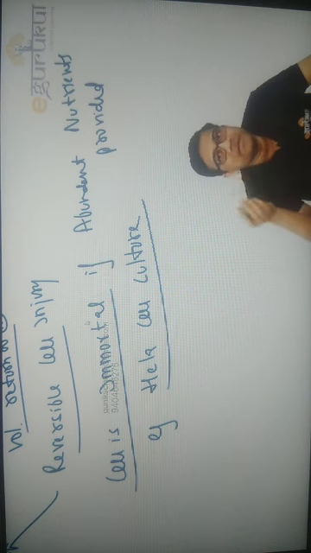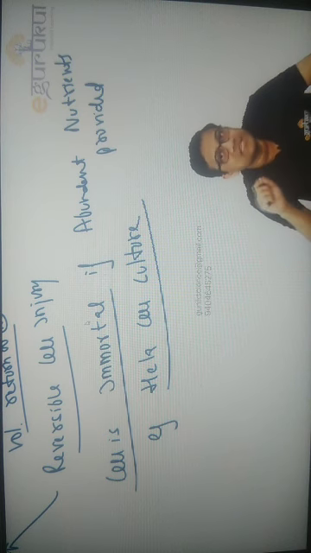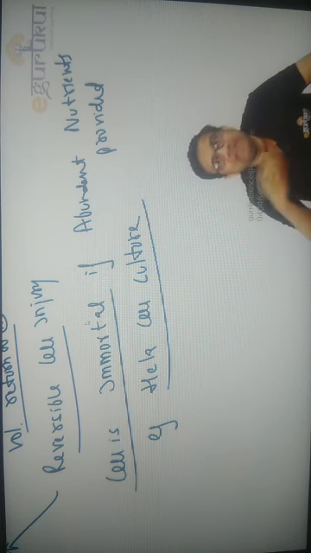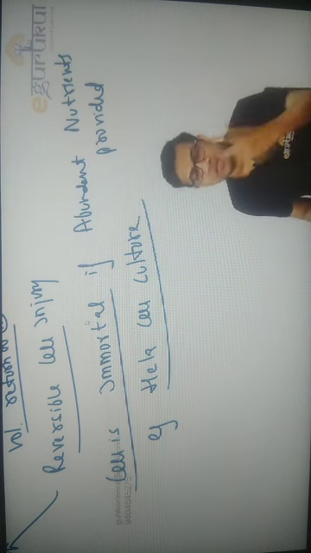We need the cell to divide multiple times, and therefore telomerase plays a key role. That's why there are multiple theories, like calorie restriction, which can increase lifespan. Why? That's very simple. If there is less calorie intake, oxidation decreases, free radicals decrease, and that causes less wear and tear of the cells. They are all taught in pathology also, so I'm not going into that detail.